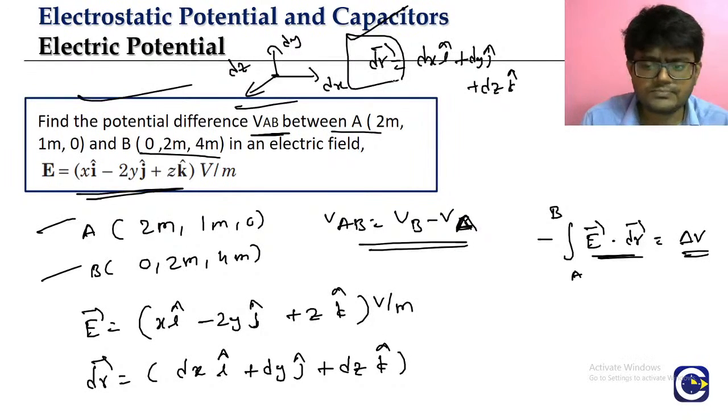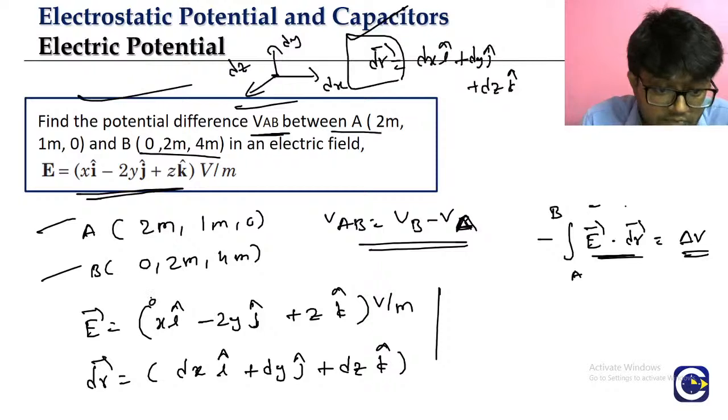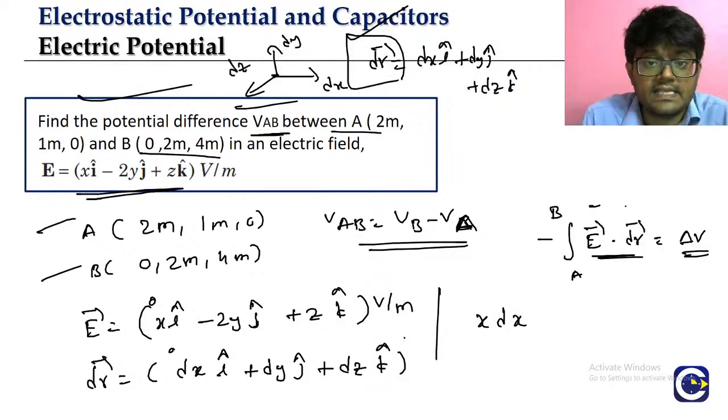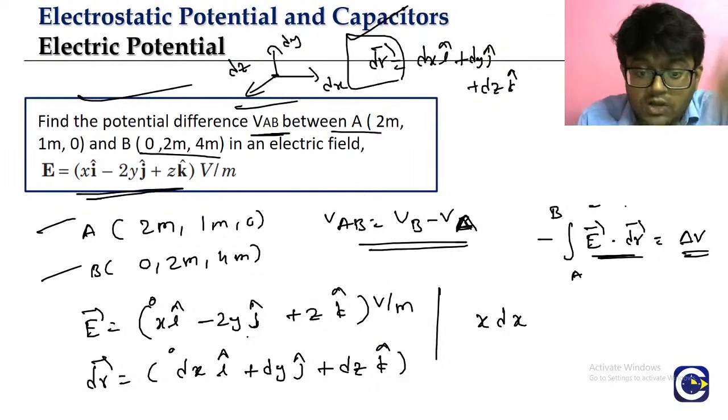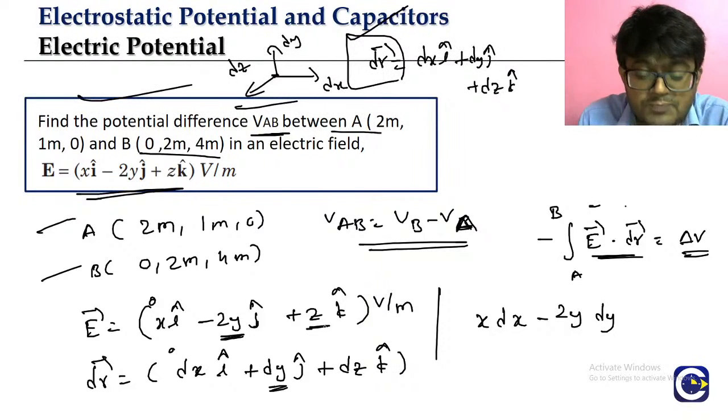So in the integration of E dot dr, we take the dot product of two vectors. How do you take the dot product? Product of the i components, here x into dx, plus product of the j components, here minus 2y into dy, plus product of the k components, in E it is z, and here it is